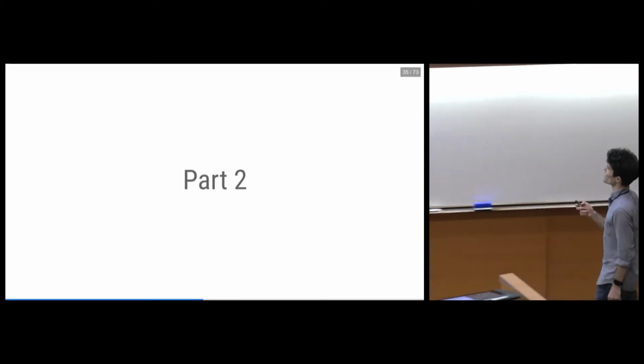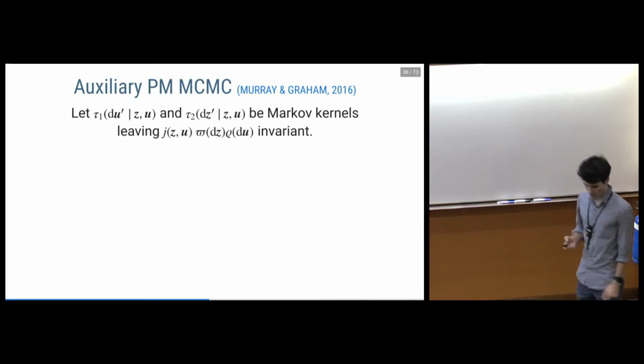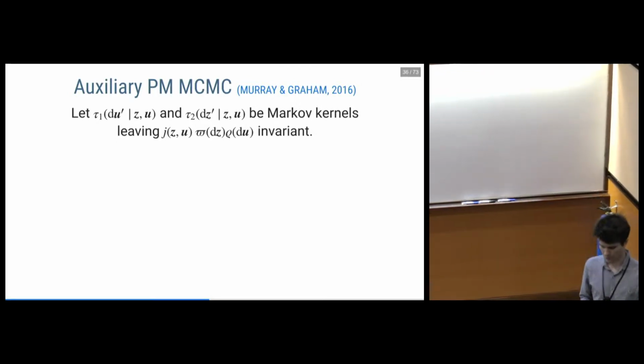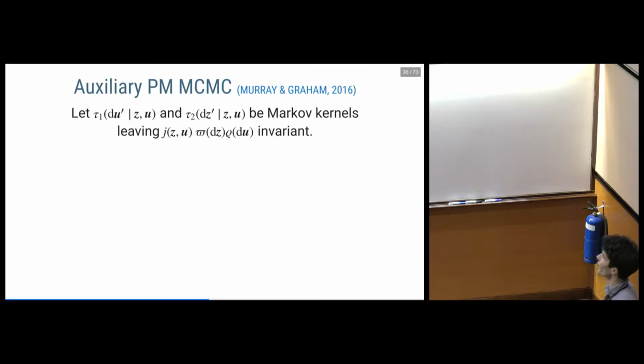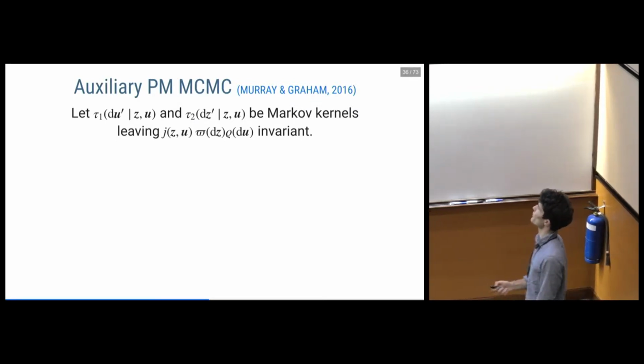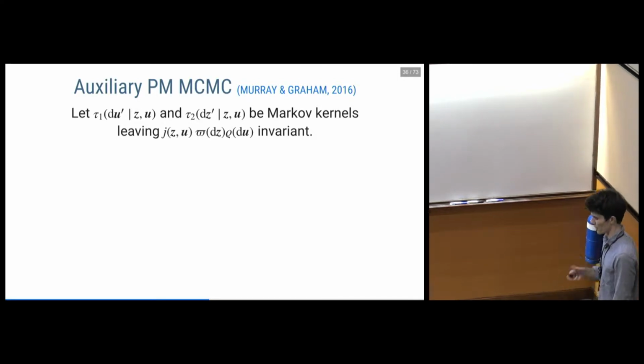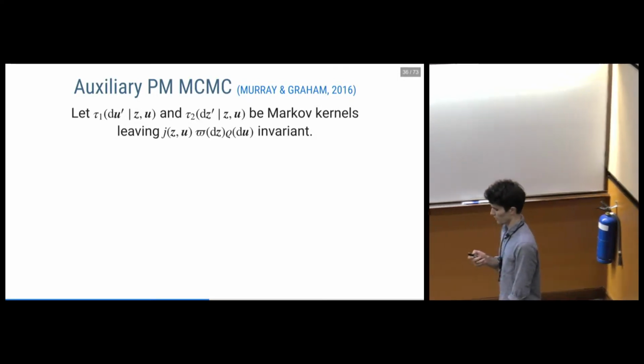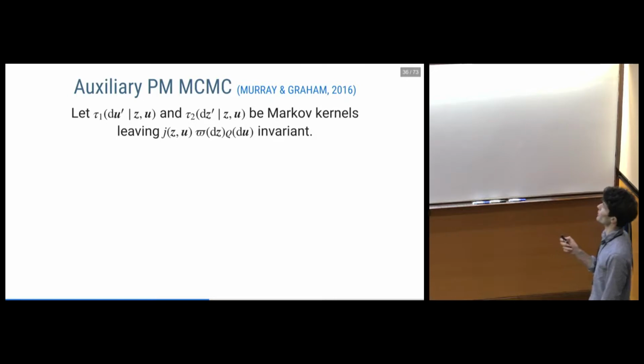Concrete about some methods which might be able to exploit some of those ideas discussed in the first part of the session. So the particular framework I'll talk about in the second part of the talk is something that we called the Auxiliary Pseudo-Marginal MCMC method. We described this more general framework within this paper, Pseudo-Marginal Slice Sampling, by Ian Murray